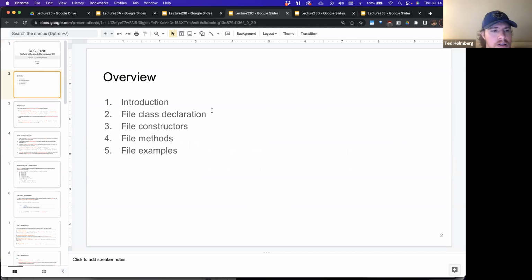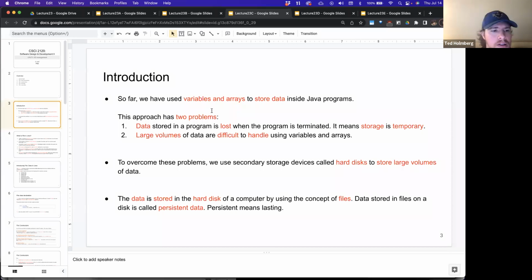So here, in terms of our introduction, so far we've used variables and arrays to store data inside of Java programs. And we've looked at the output and input streams. We have created files with that, but we haven't directly looked at the file class. And so the file class allows us, even though we've used it to create files, we haven't really examined what it provides to us,